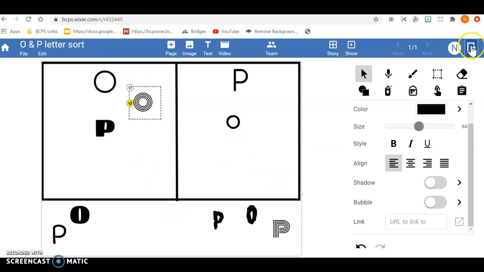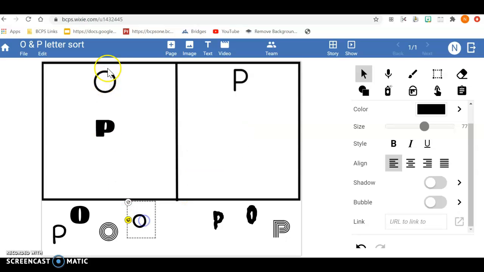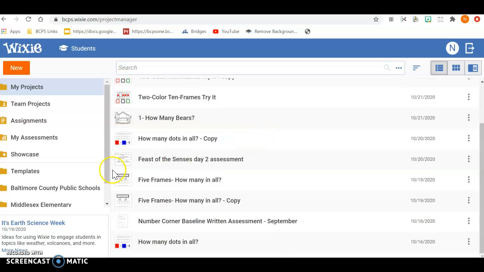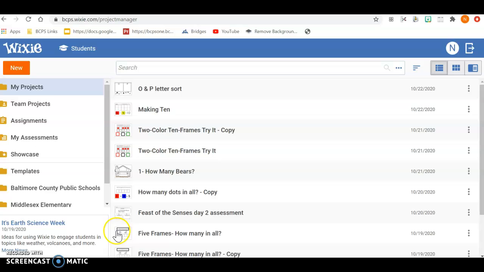So if they're done and you hit this button all the way on the right hand side with the arrow, it logs them out, and guess what? Their work would just save exactly like that. And then that makes it easier on me to just kind of look and see, all right, awesome. So this is just another activity or tech tool that I have been introducing to them during this past week, just because this is a tool that I learned last Friday, and it's something that definitely,